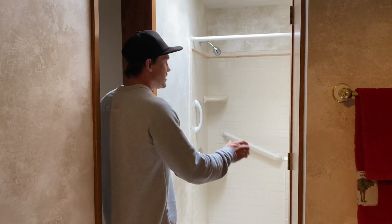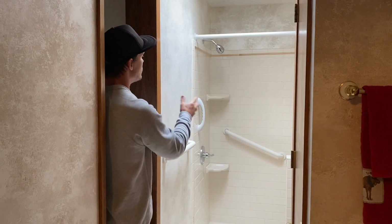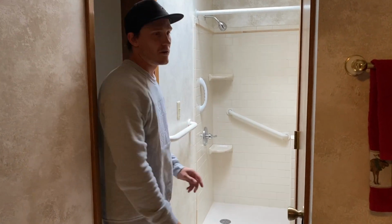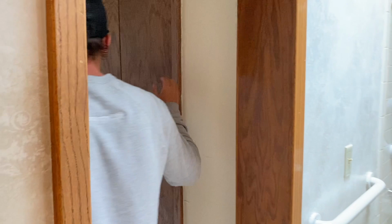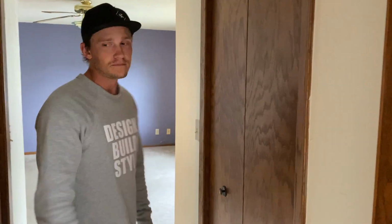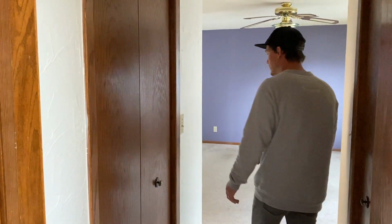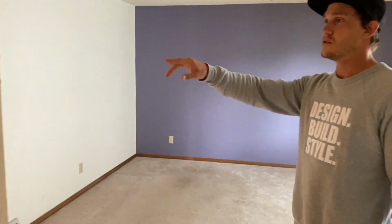So then we're gonna take the closet out, shower, everything. This wall will come completely out, and then the bathroom will be this whole area here. Right now there's a large closet that will be taken out, and then we're thinking there will be a tub about here. The vanity will be here, and then the closet entrance will be over here,